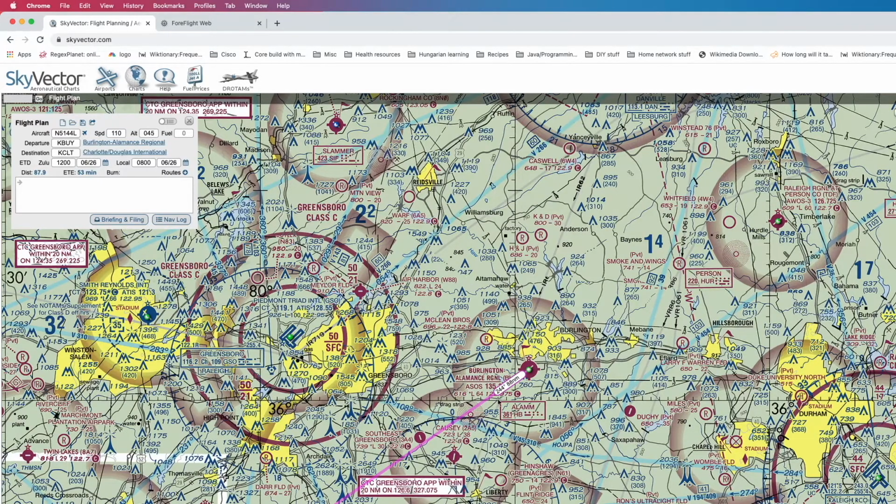All right, and then the distance, of course, is just going to be however you achieve that distance from plotting it out. So that should be pretty straightforward if you're able to draw a nice straight line across with your plotter. So that out of the way, you'll want to take into account fuel considerations. So in my case,